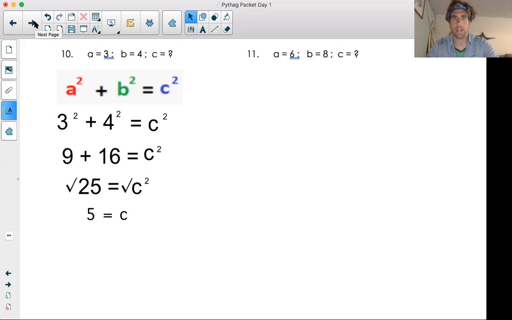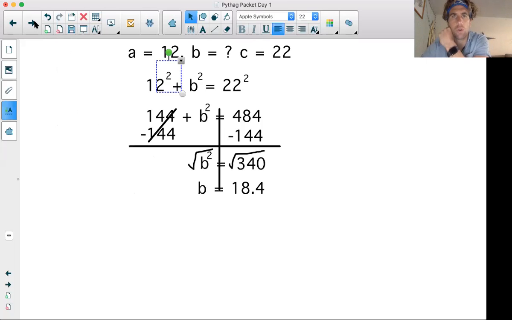The next one I'm going to do, I am going to give you A and C, but I'm going to give you one of the missing shorter sides. Now, if you guys look here,